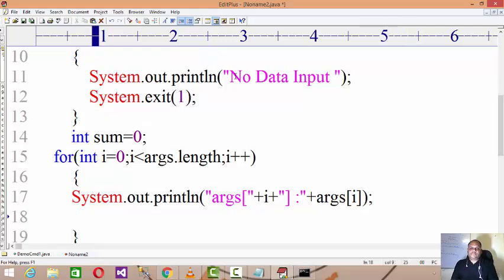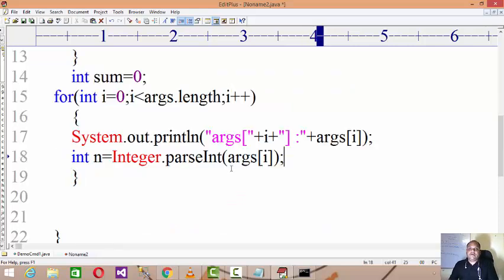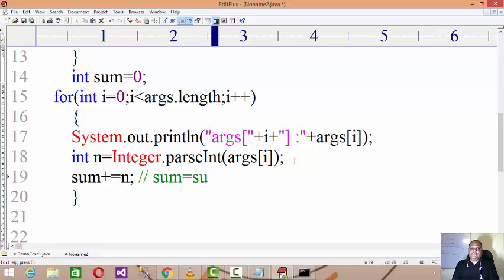And then you can write int n equals Integer.parseInt, because if you want to perform any arithmetic with the numbers, the number which is stored in string format needs to be parsed into an integer, right? And then you can perform sum plus equals n. Sum plus equals n is a short form of sum equals sum plus n, right? So all those numbers get added to the sum over here.